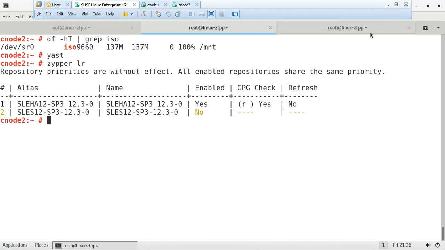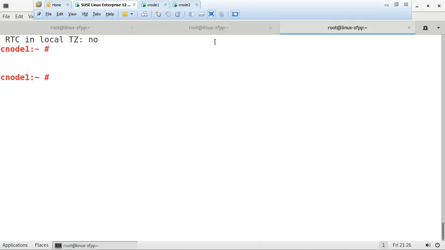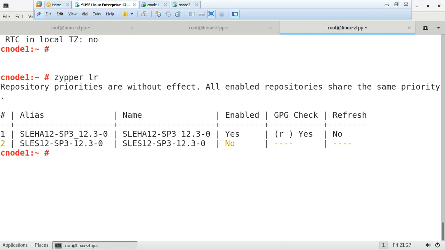Okay, for this repository to work properly, you are required to have your subscription from SUSE, and without having an active and a valid subscription, you will not be able to do the installation. So get a subscription. Either you want to get a trial subscription, just get a subscription and then proceed. Otherwise, you will be facing challenges when you are going to install the cluster packages there. Okay, so we'll just validate on both of our cluster nodes, zypper lr, that I have two repositories and my